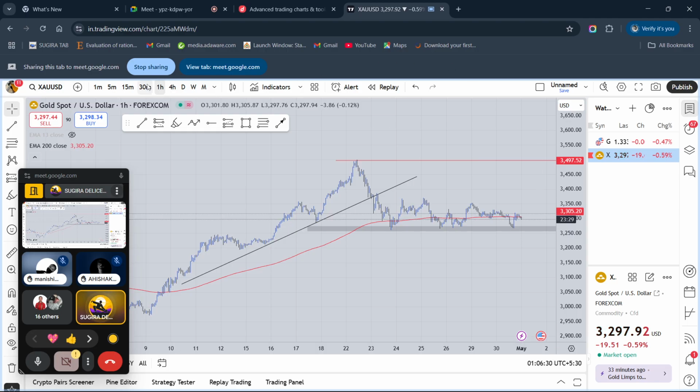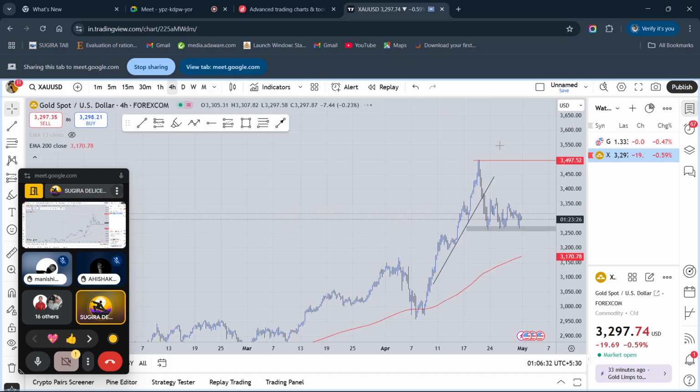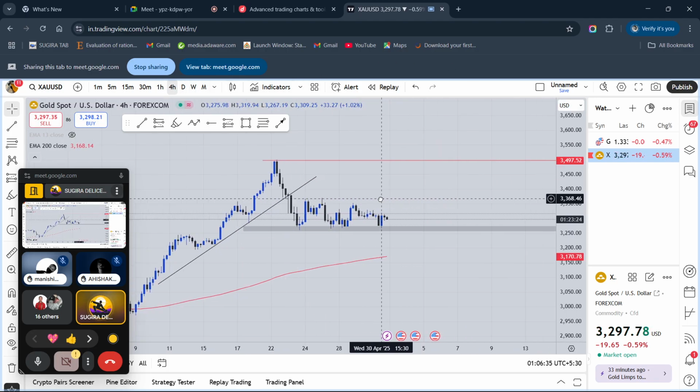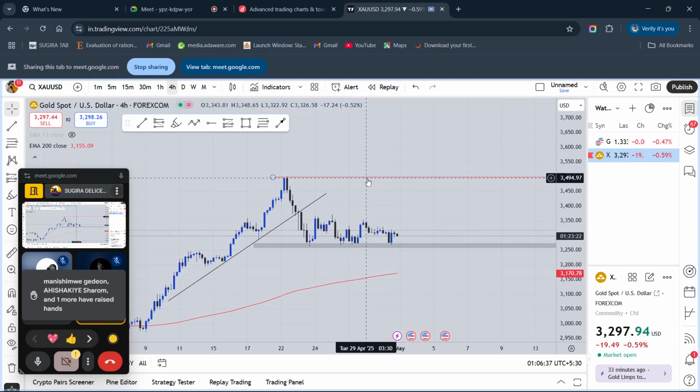Since we're already analyzing, we're still on the higher time frame, which is the 4-hour time frame, for us to mark out the level of interest. We have already marked out